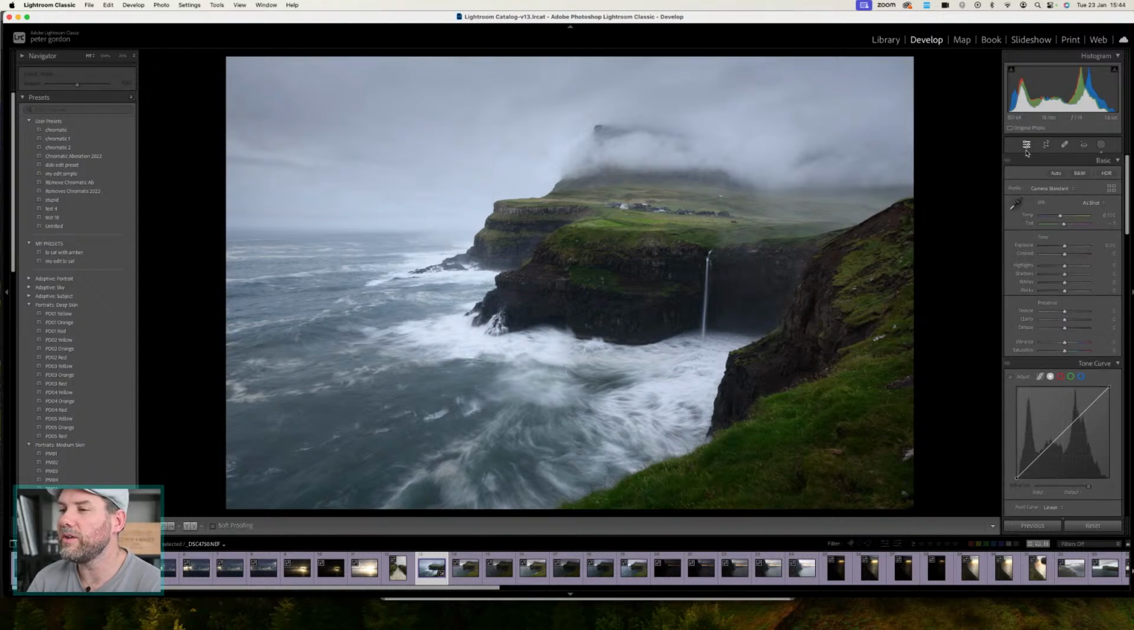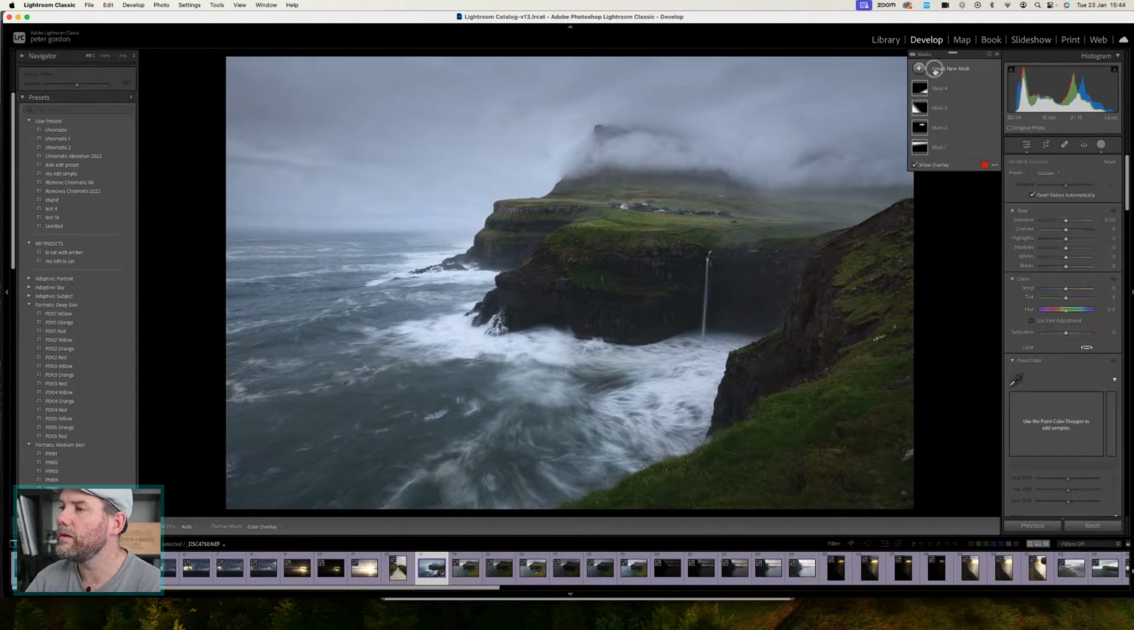I'm then going to go and try and create an overall dark look to the picture. So I'm going to pull my curve from this bottom left corner, and I'm going to just bring that down a little bit and flatten it. I'm then going to come